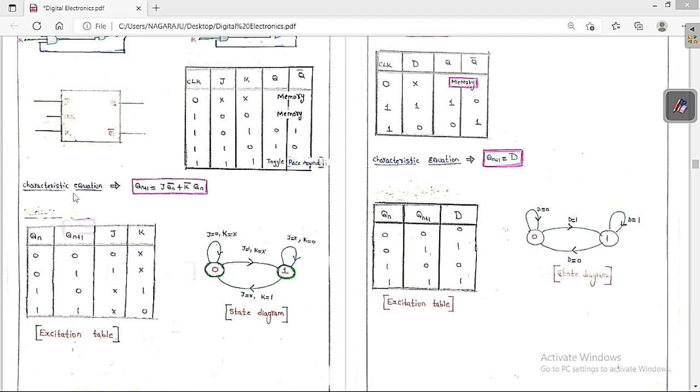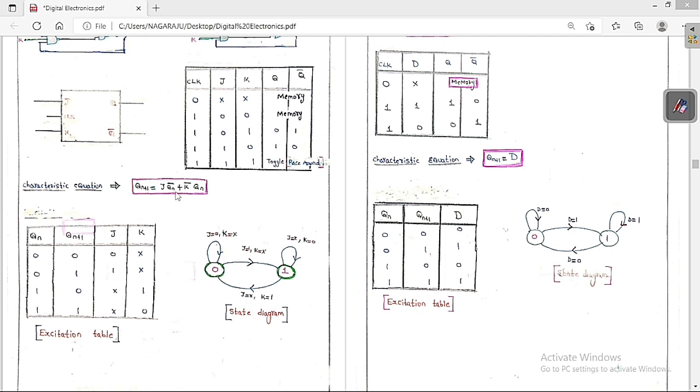So now we are going to get the characteristic equation. I already told you, if you take J, K and Qn, for 3 inputs you are going to get 8 combinations, and for each JK input, Qn is changed into Qn+1. So if you fill it out like that, for a certain JK input, the Qn is changed into Qn+1. So now for Qn+1 you write in terms of J, K and Qn. If you simplify this, finally we are going to get